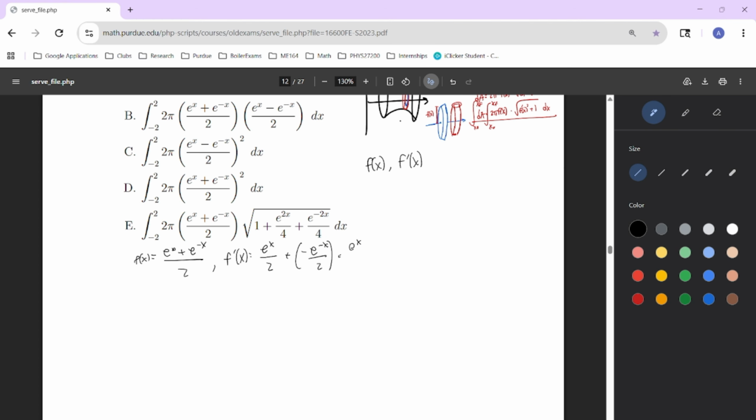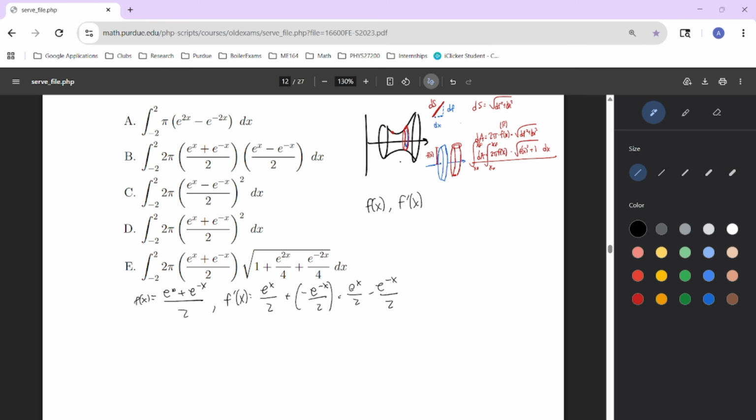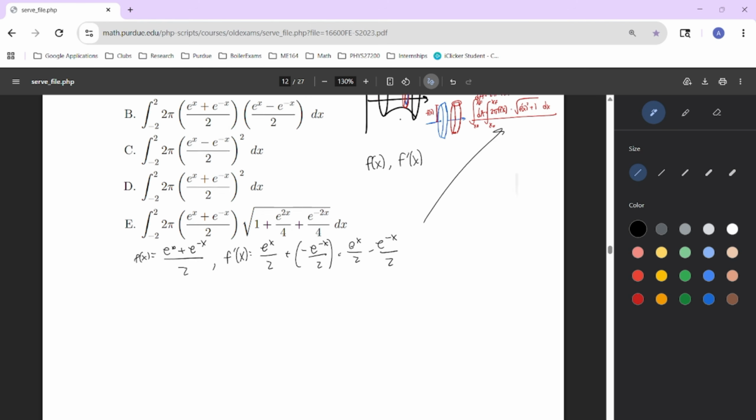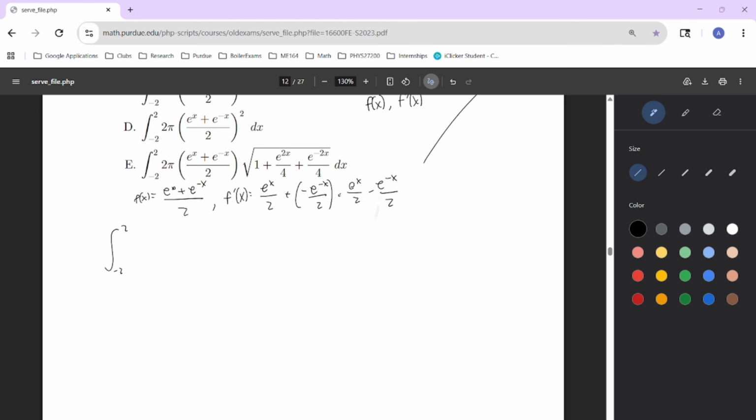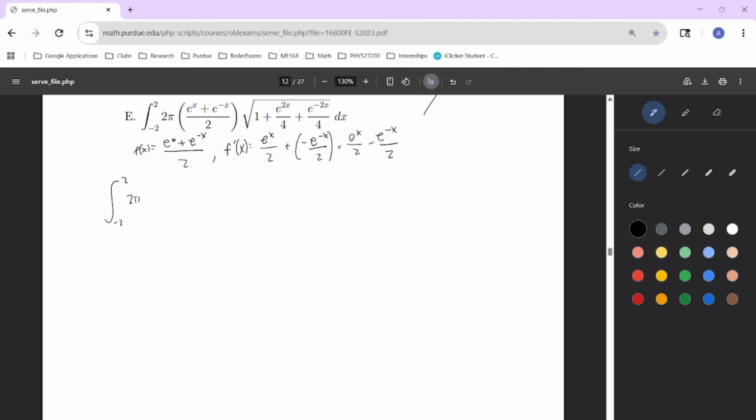This will become e to the x over 2 minus e to the negative x over 2. And then from there, we can start plugging everything into this formula right over here. So our formula would be the integral from negative 2 to 2, which are our lower and upper bounds of integration, of 2 pi f(x), multiplied by the square root of f prime of x squared plus 1